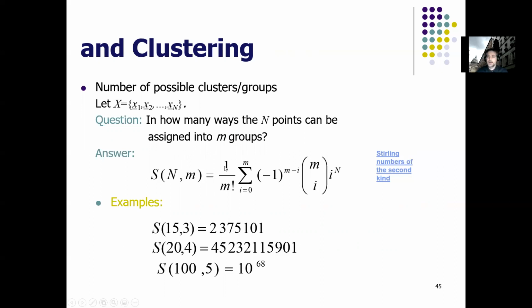You can calculate it using this kind of formula, which is called the Stirling numbers of the second kind. And the number of combinations is huge if you want to try all possible combinations. I have some examples here. If you have 15 points and you want a maximum of 3 clusters, you have around 2 million combinations to try. If you have 20 points and 4 clusters, then you see what happens. These are around 4 billion combinations. And when you have 100 data points and 5 clusters, then you have 10 to the power